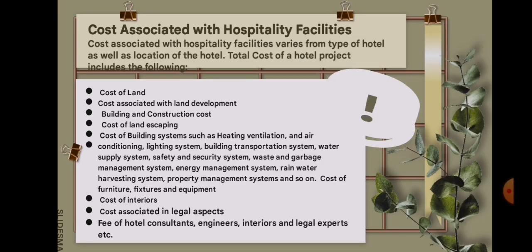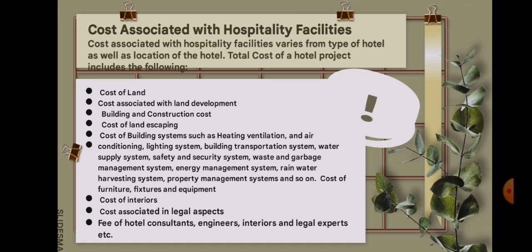Next, we have the costs associated with hospitality facilities. These are the costs associated with the different hospitality facilities. Costs associated with hospitality facilities vary with the type of hotel as well as the location of the hotel. The total cost of a hotel project includes the following: the cost of land, costs associated with land development, building construction cost,